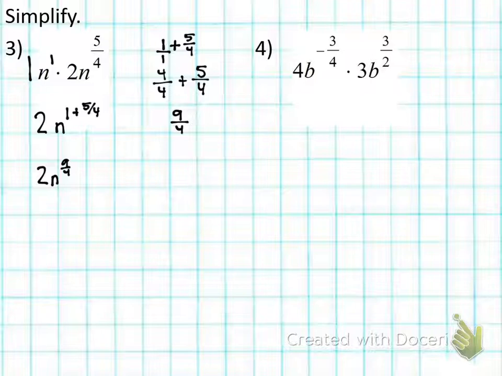Okay, number 4. Let's do this one together now. Here we go. So we have 4b to the negative 3/4 times 3b to the 3/2. Okay, so coefficients first. 4 times 3 is 12. Okay, good. What's my base? Base b, right. So bring the b, and then we're multiplying the terms. So what should I do with my exponents? Add them. Good. So we should have b to the negative 3/4